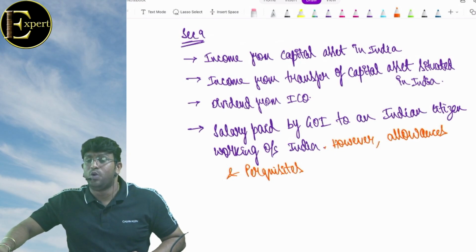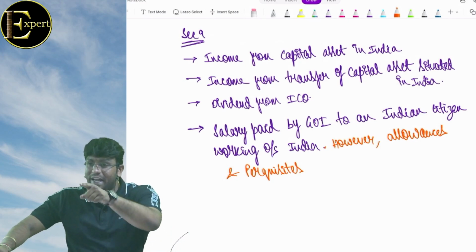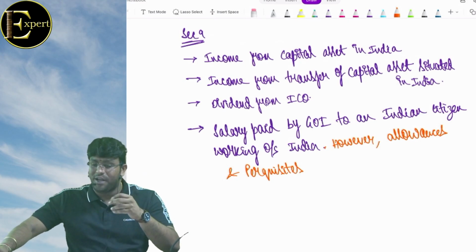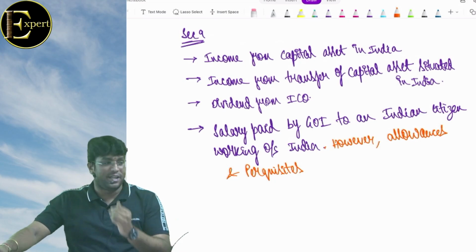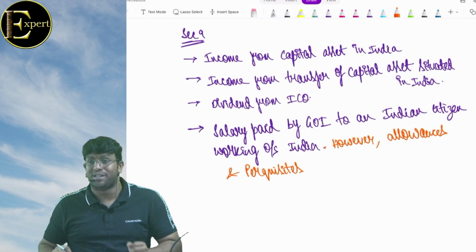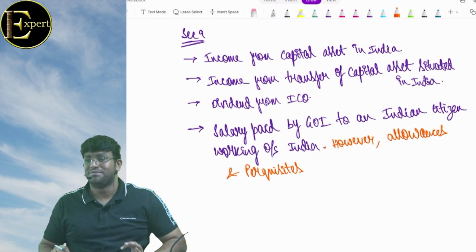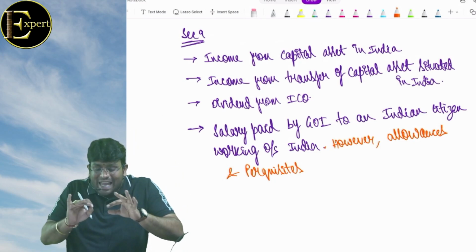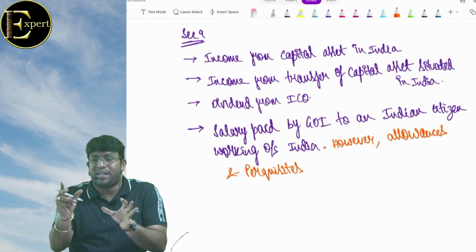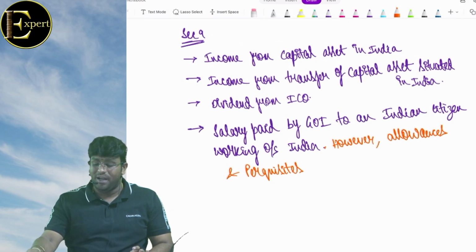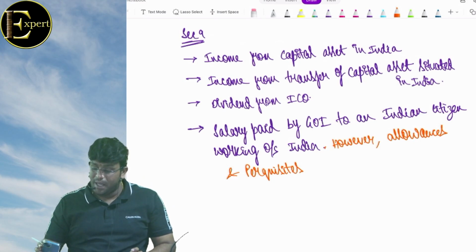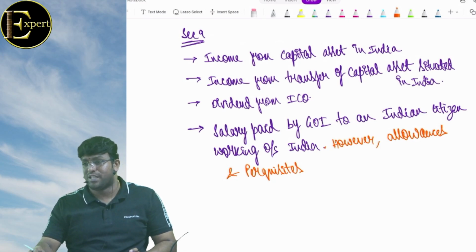Friends, if you don't have clarity between allowance and perquisite, it's completely gone. When I go to salaries, I'll teach you soon. Telephone allowance, fully taxable. Telephone perquisite, fully exempt. Food allowance, fully taxable. Food perquisite, more than 50 rupees per meal is taxable. So if you make a basic mistake in classifying allowance and perquisite, you will make a mistake in tax treatment. Mistake in tax treatment will have an impact on marks in the exam. Impact on marks in the exam will make a difference of 6 months. And 6 months is not a joke.